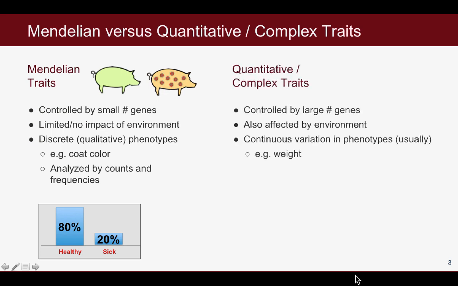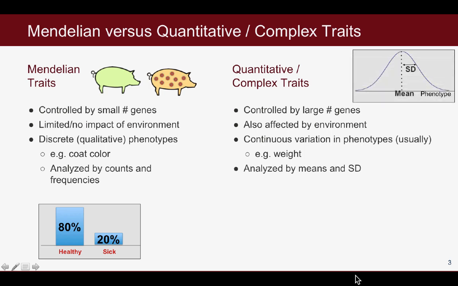In contrast, quantitative or complex traits are usually measured on a continuous scale, for example weight, and they are typically controlled by a large number of genes as well as by the environment. For these traits, we characterize the trait in a population in terms of a mean and a standard deviation. And the phenotypes in a population typically follow a normal distribution or a distribution that can be transformed to be